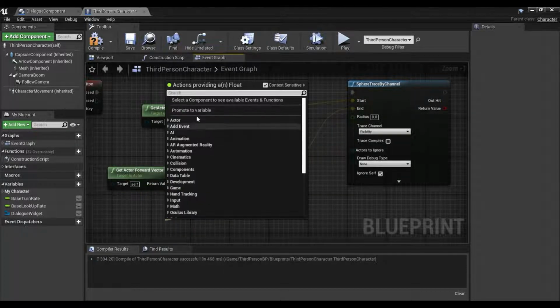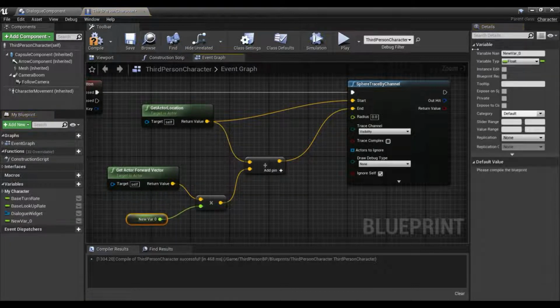This is going to be our look distance, promote to variable. We'll call that look at distance. Compile that. I'll put 250. I think that's good enough. We will make the radius however big you want. You can make a variable for it if you like,